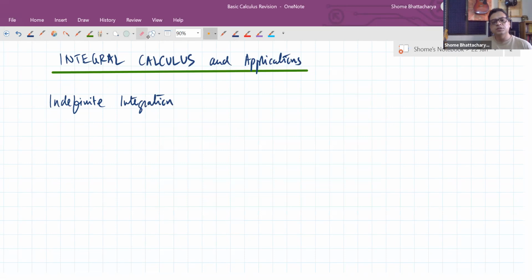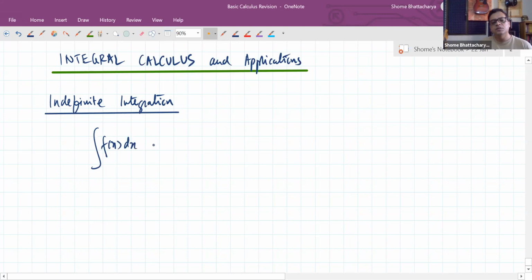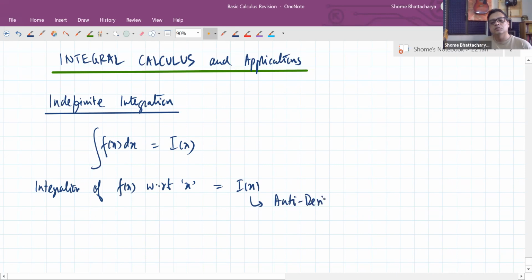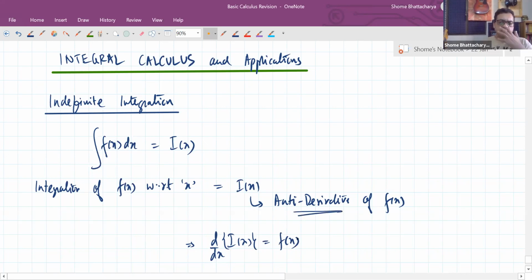And indefinite integration is an operation that results in calculating what is called the antiderivative of a function. So the purpose of this operation, integration of any function with respect to its variable, is to give us what is called the antiderivative of the function. Okay. So integration of the function f(x) with respect to the variable x gives us the value of I(x), which is the antiderivative of f(x). So antiderivative means that if we were to differentiate this function I(x), which is the antiderivative, we will get the original function we were integrating, which is f(x). This is the meaning of the term antiderivative. So I'm sure you're all aware of this, and